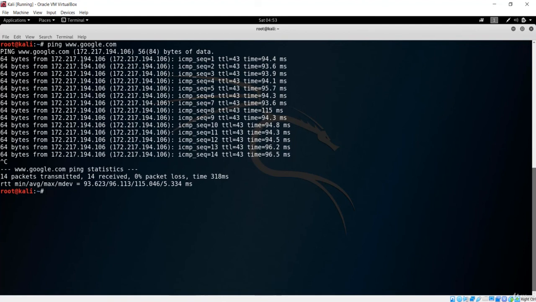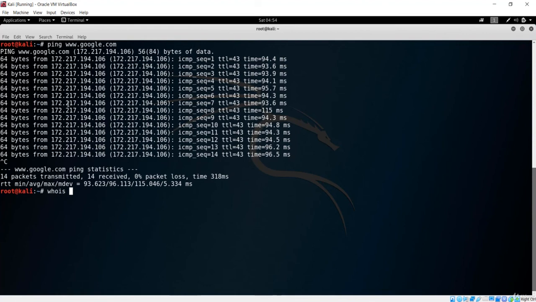And now the next thing you can do is use the whois command and give the domain name. If you want to see who is the host, you can say whois and give the domain name, which is an alternative to the ping command. If you know the domain name, you can simply type ping and the domain name. It will just give us the IP. If you have an IP and want to get the domain name, then you can simply type the whois command,